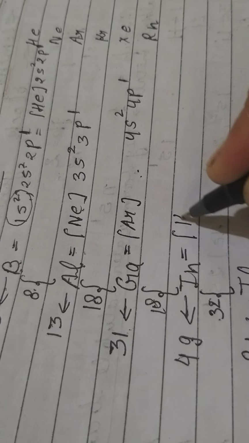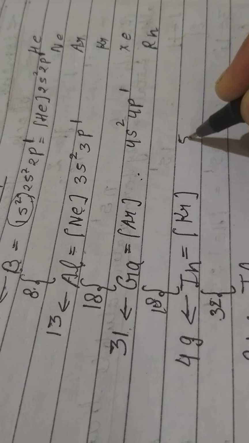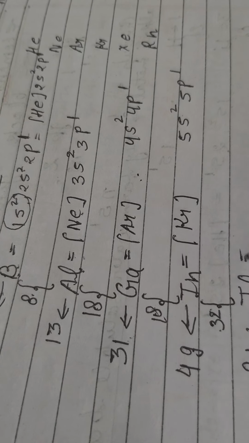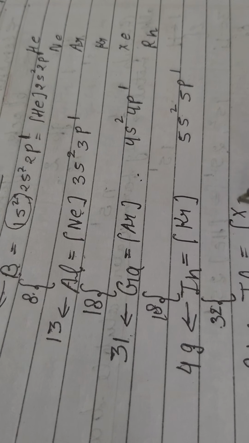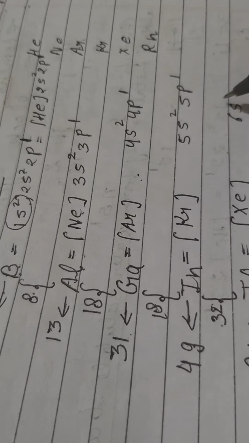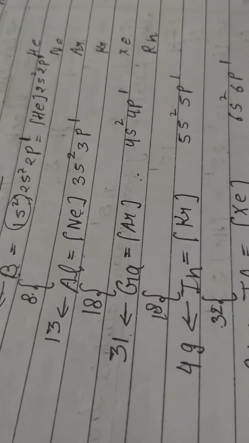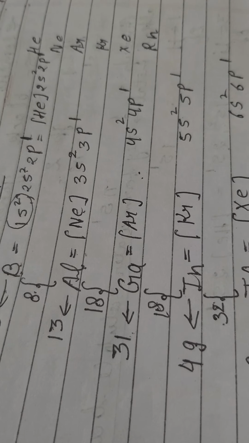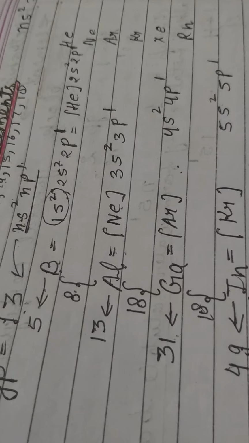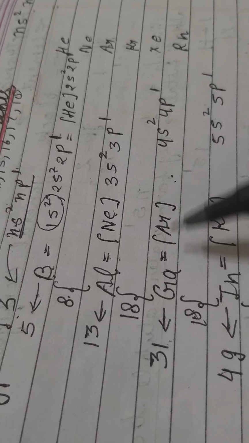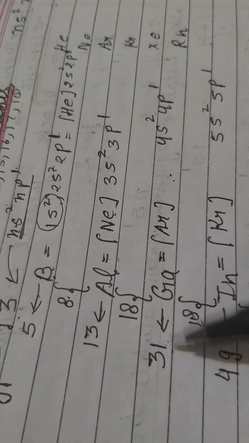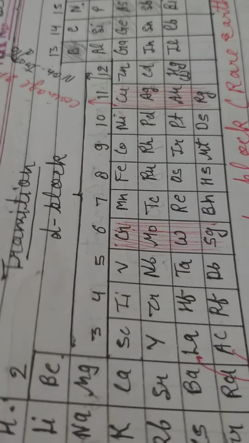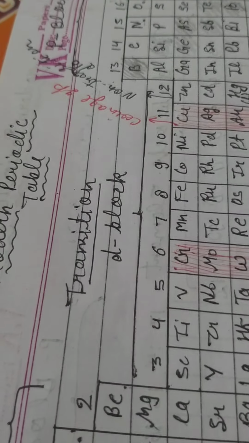Now you see for indium, what will you write there? After argon, Kr will come, and you write 5s2 and 5p1. Then after that you have to write xenon and 6s2 and 6p1. And the 7th period, you have seen in the periodic table, that space is empty. But here you have to understand this as we are coming to gallium. Here I am just reminding you, in the periodic table, everyone watch it properly.